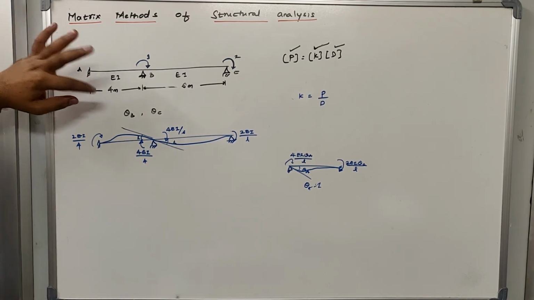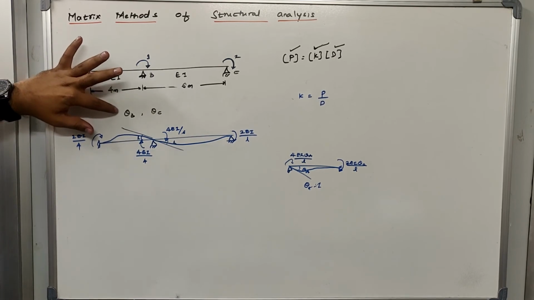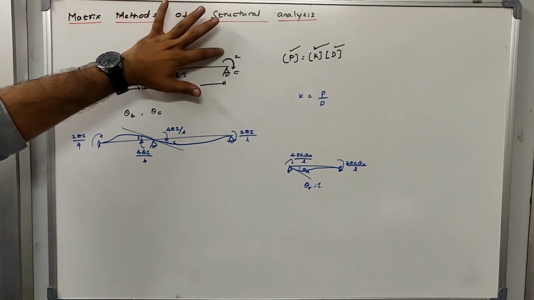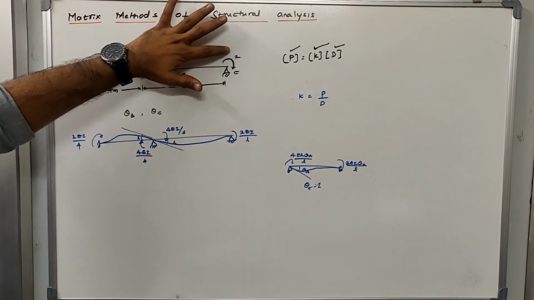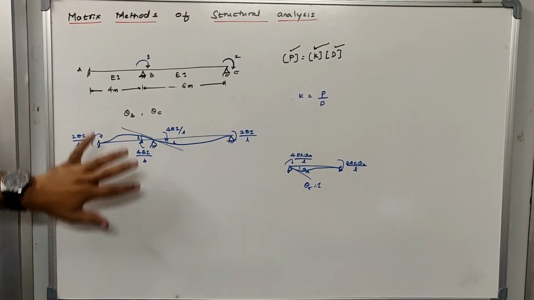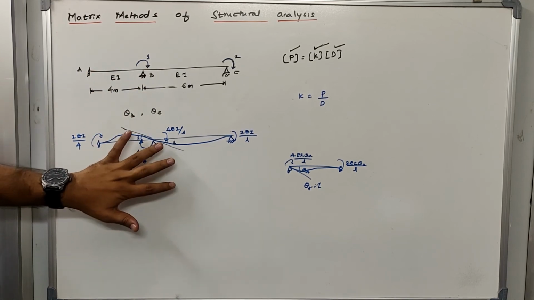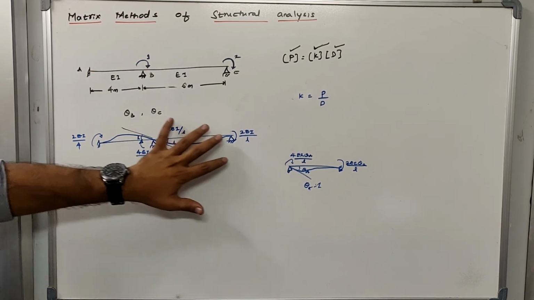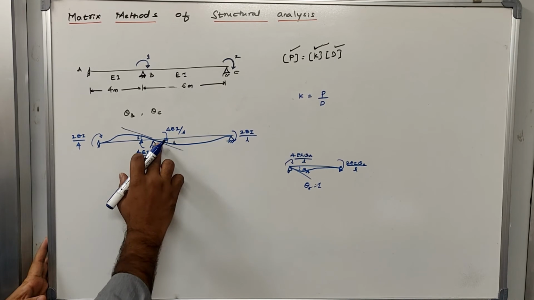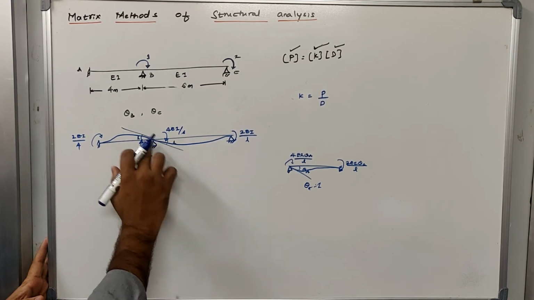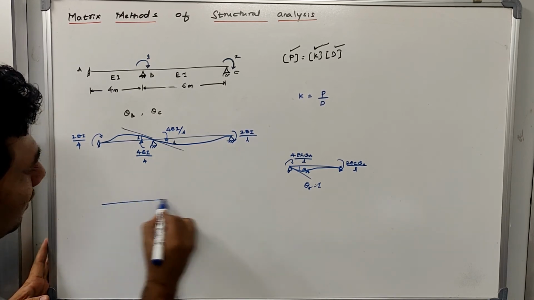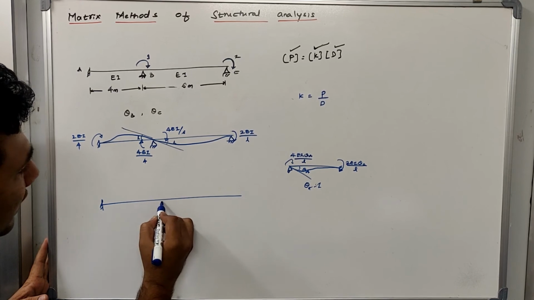What we did, first we determined the kinematic indeterminacies. There are two, theta B and theta C. So at both ends we have applied coordinates. I am calling this the first coordinate, and this the second coordinate. At both the first coordinate and the second coordinate we will apply the unit rotations. First I applied the unit rotation at the first coordinate and found out how much moment will be generated because of the unit rotation. So the moments generated because of unit rotation at joint B are this much. Okay, now once you solve this, the next step is to solve for the second coordinate. Let us go back to the second coordinate.